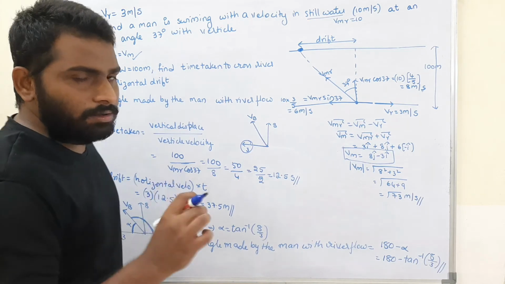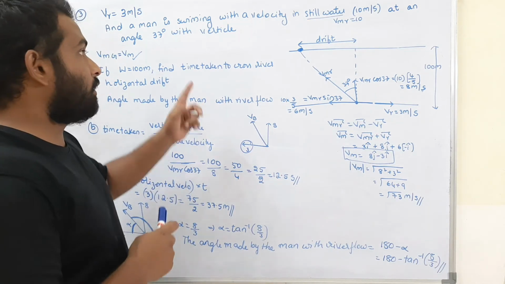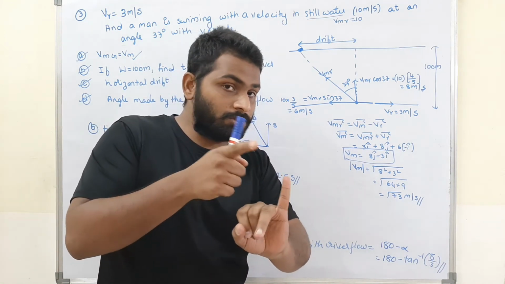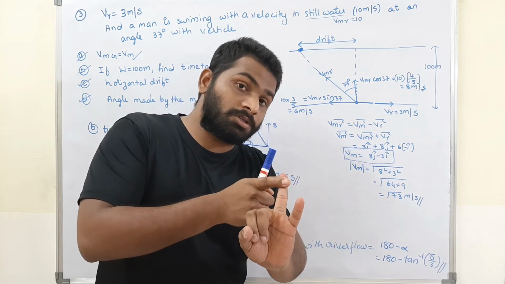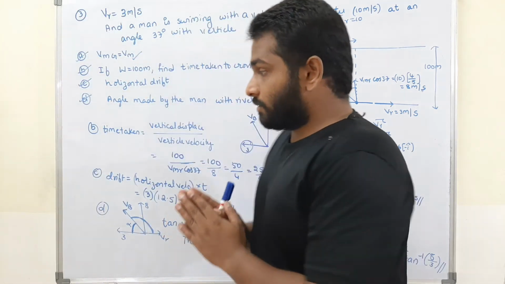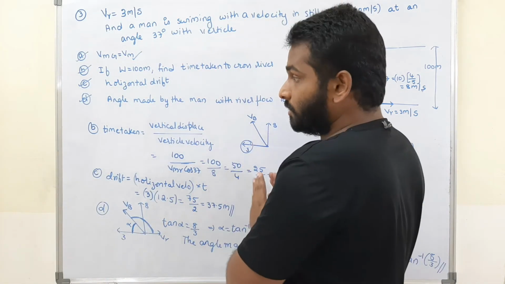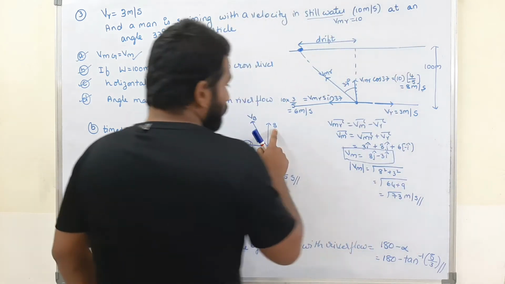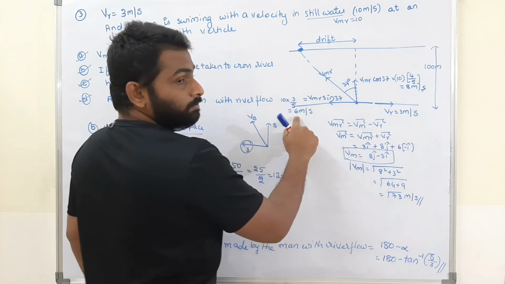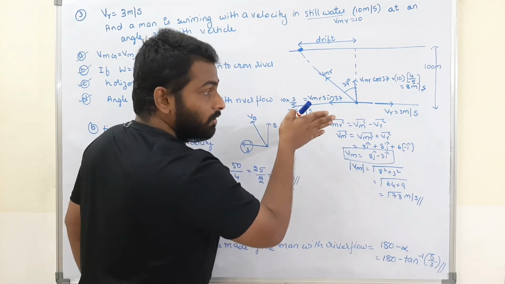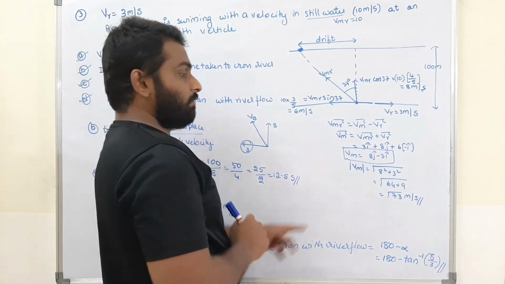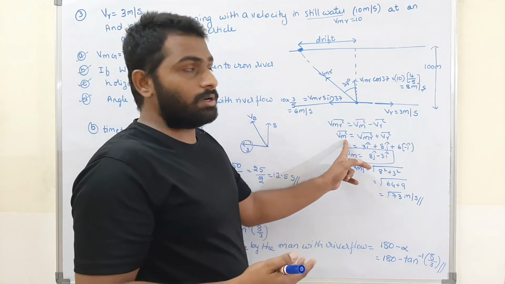This is a very important question. Now, the man is not going in the shortest path, and he is not going in the shortest time. Observe carefully. The man is moving like this with respect to the river with an angle 37. Vertical velocity of him is 8. Horizontal is 6, this side he is moving with 6, and the river is pushing him that side by 3. What is the resultant? The resultant is 3. Vm is nothing but the velocity of man, the resultant of these two.